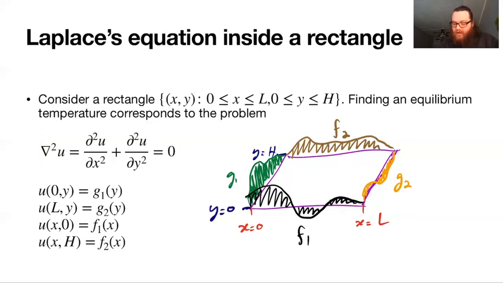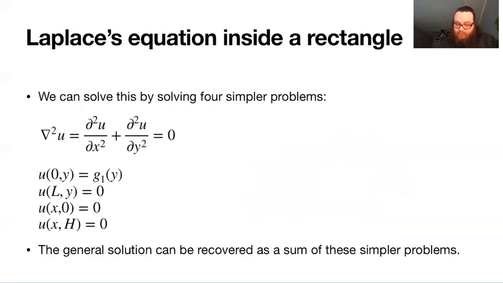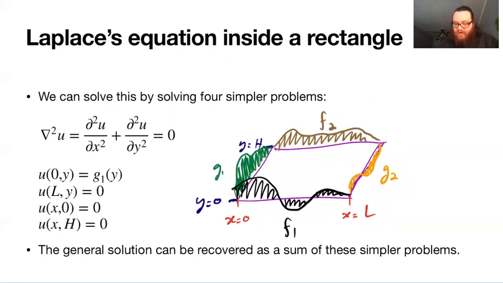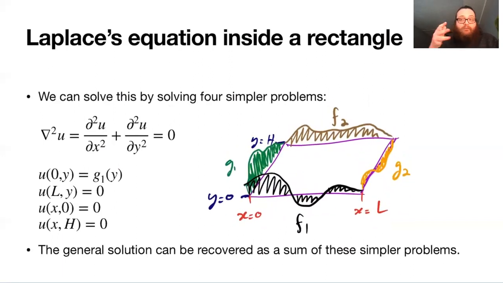And so what we're going to do next is essentially give a way to compute what this function looks like explicitly, in terms of kind of a series solution in sine for one of the variables. Okay, but in practice, it means we're using separation of variables here as well. Okay, great. So one observation is, well, sure, when we have all four pieces of boundary information, all of this stuff,